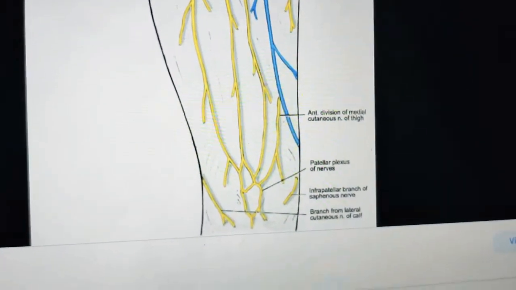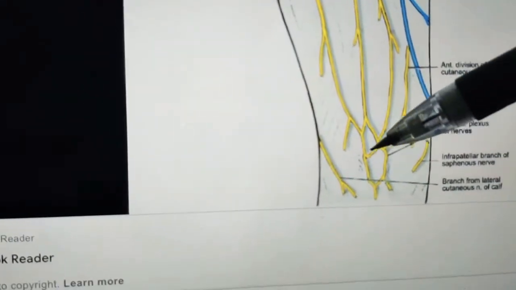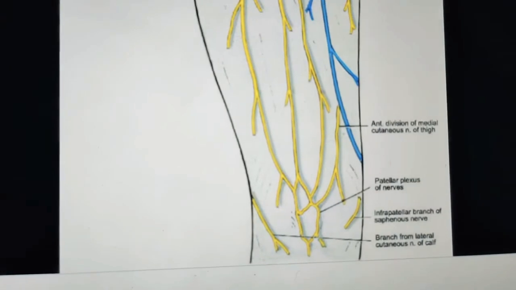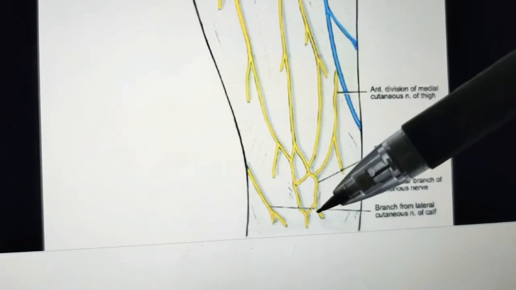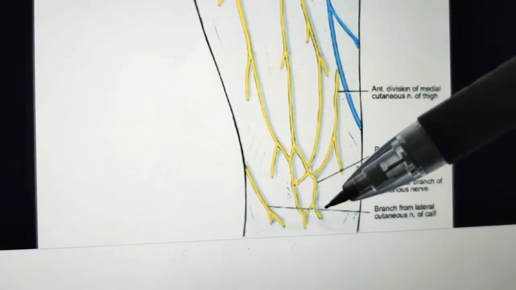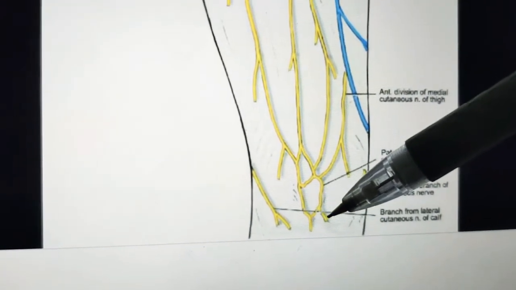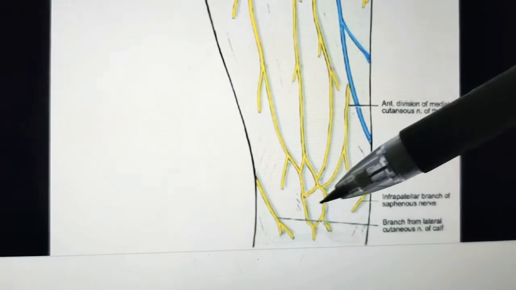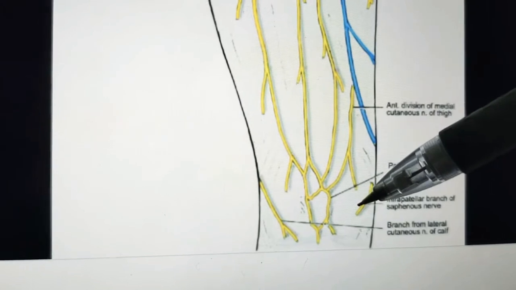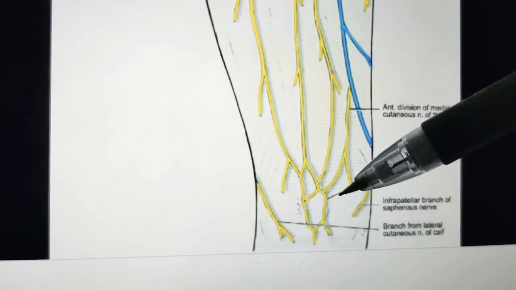Now let us discuss what is called the patellar plexus of nerves. So of course, according to the name you can guess it. Patellar plexus means the plexus of nerves which is forming around the patella bone. Patella bone forms at the front of our knee joint. So it is a plexus of fine nerves situated in front of patella, that is the ligamentum patellae, and also upper end of tibia. It is formed by contribution from the anterior division of lateral cutaneous nerve.